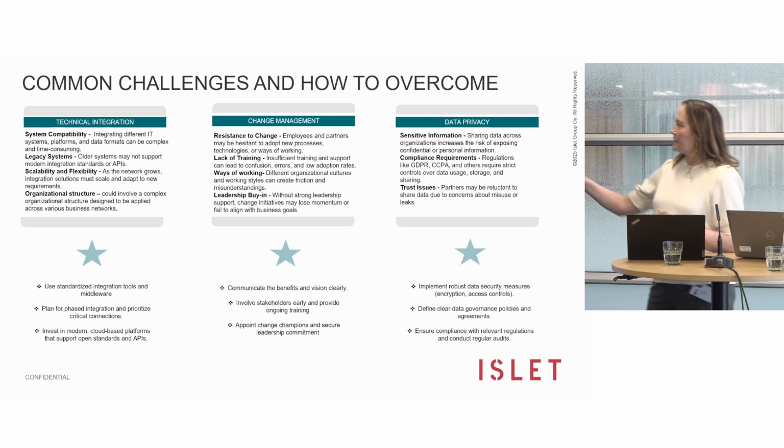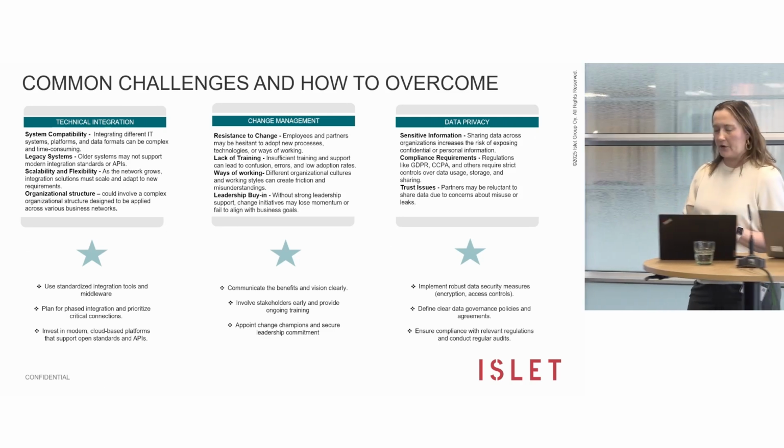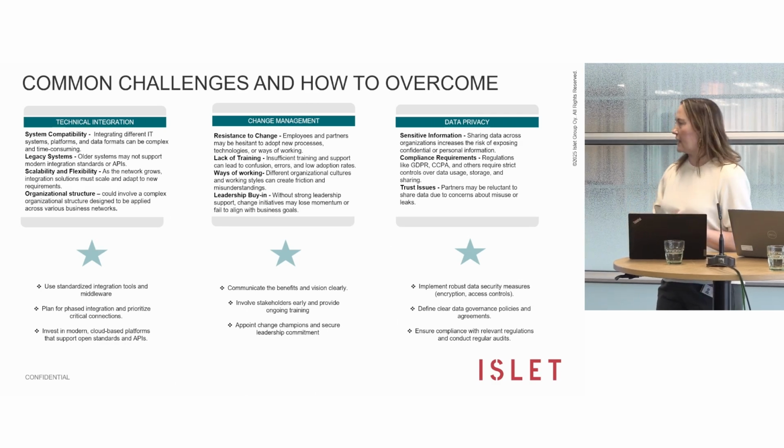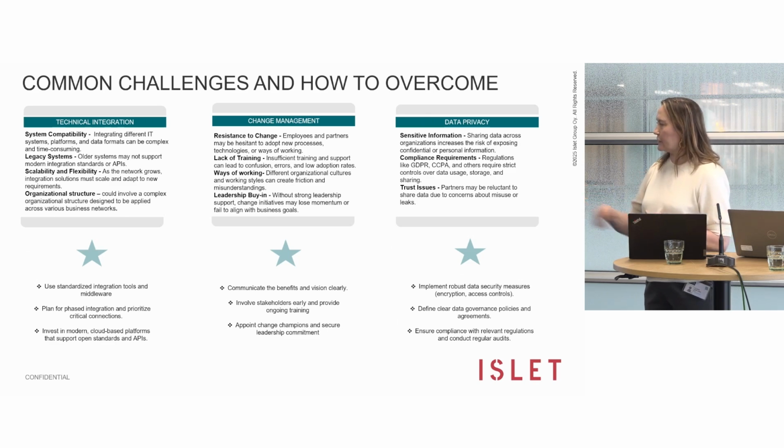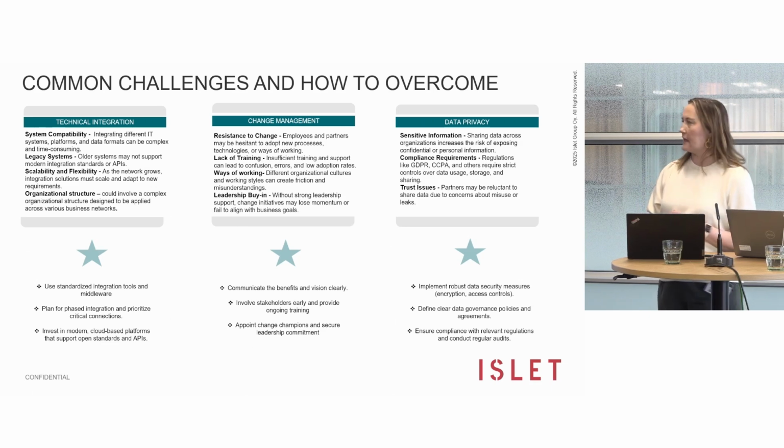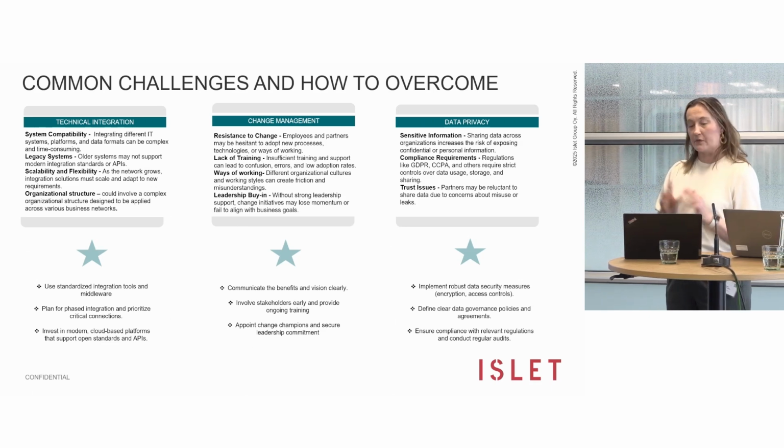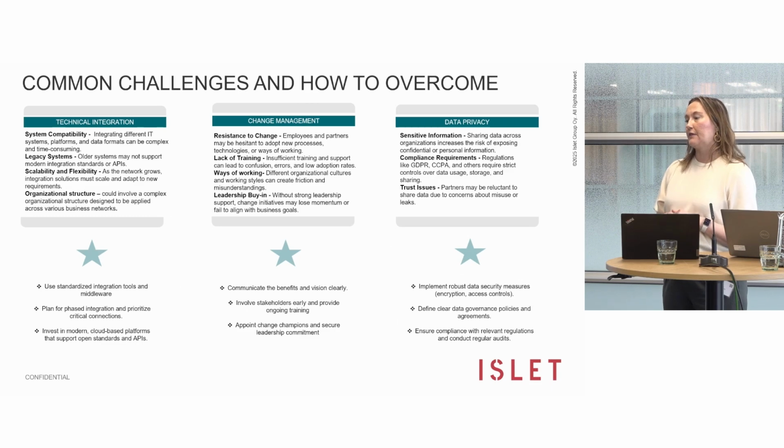And then there might be some data privacy things that, for example, your supplier or your customer might raise. How do you make sure that the access controls are in place? Some compliance requirements might raise trust issues. There might be some sensitive information. So of course, we need to have a process in place for who can access what at different levels in the organization, on certain platforms, if we talk about the different business networks that we have and what kind of data we are exchanging within the business networks.